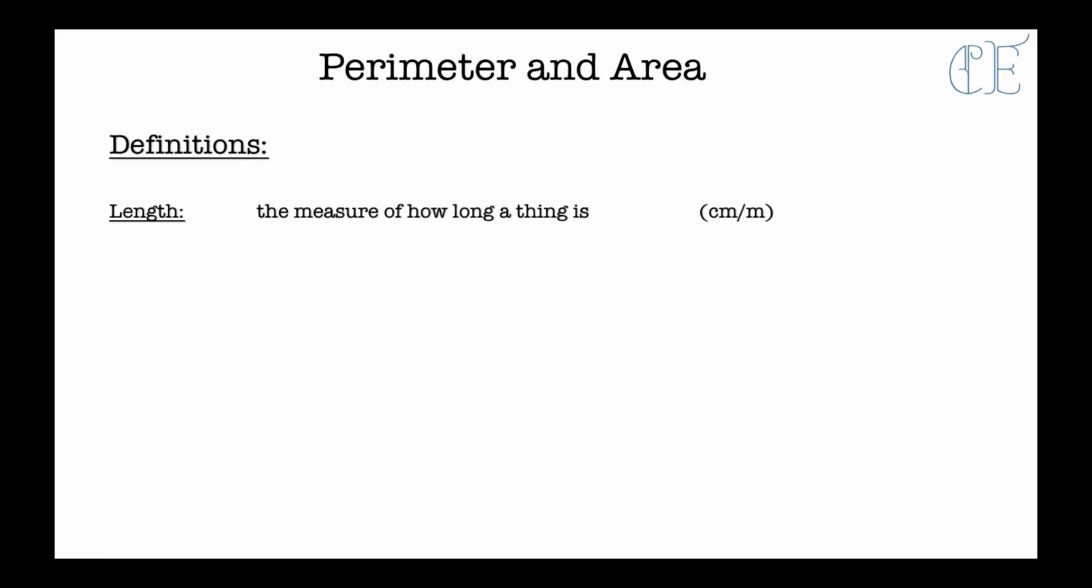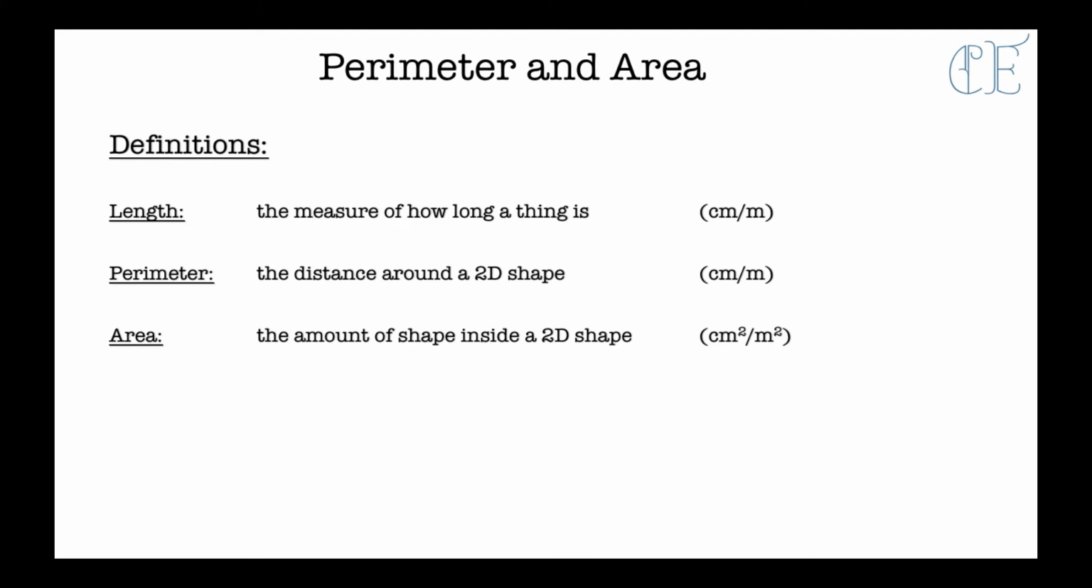So we have a length. The length is the measure of how long something is. So if we're going to measure a piece of string, we would measure how long it is, we would measure the length. The perimeter is the distance around a 2D shape. A 2D shape is just a flat shape, remember? So you could work out the perimeter of your living room, or you could just work out the perimeter of a square. And then we have area, which is the amount of shape inside a 2D shape, which is measured